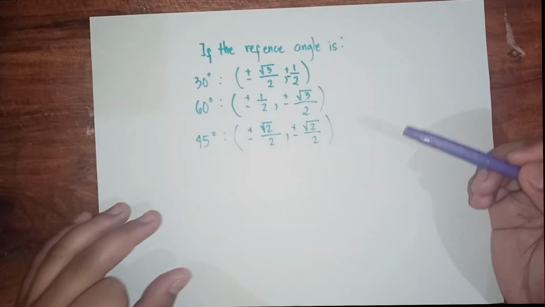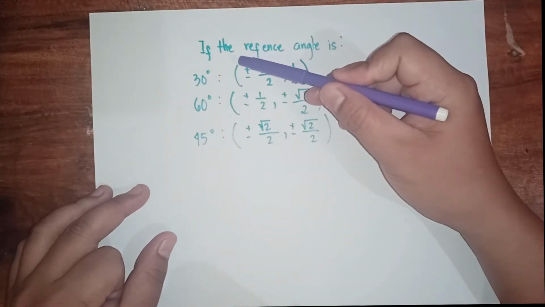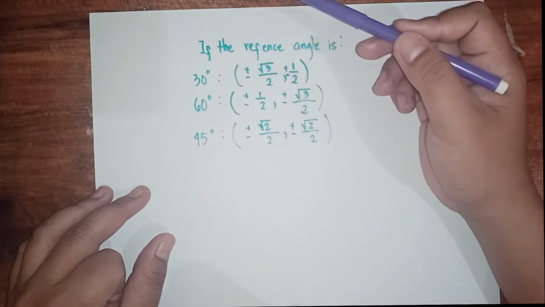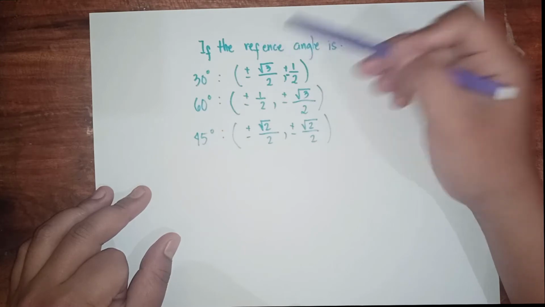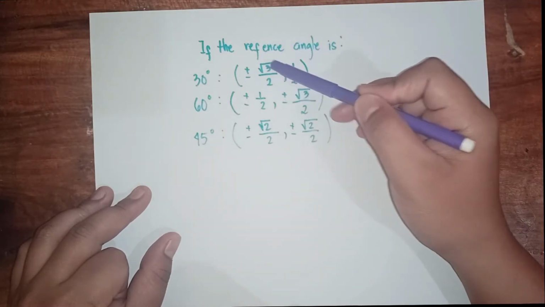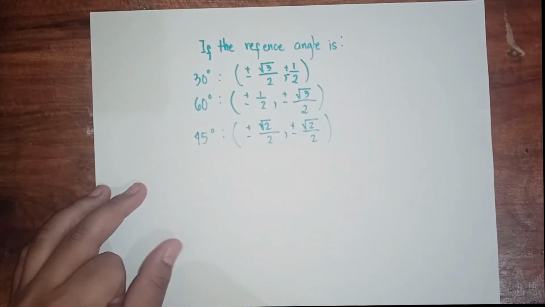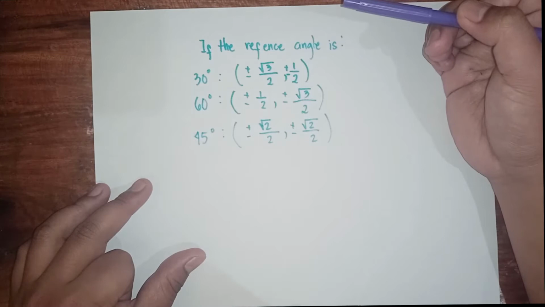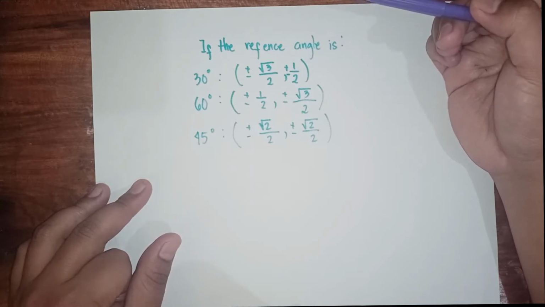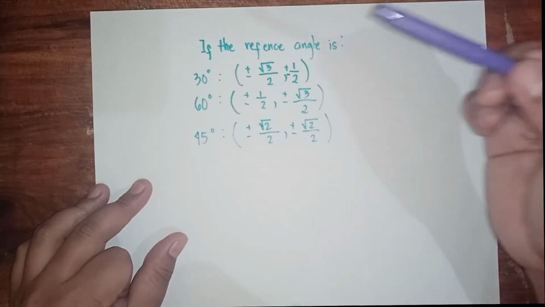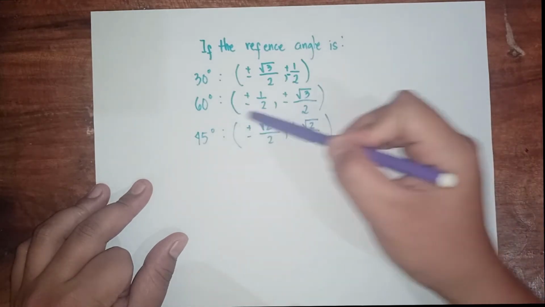Pag yung angle mga boss has a reference angle of 30 degrees, okay, the point of intersection ng terminal side nitong angle na to, na may reference angle na 30 degrees, at saka ng point on the unit circle, it's either positive or negative square root of 3 over 2 and positive or negative 1/2. Okay? Depende lang po yan yung sign kung saang quadrant naka-lay yung terminal side ng angle. Okay mga boss? Next, pag yung reference angle naman ng angle is 60 degrees, eto naman yung